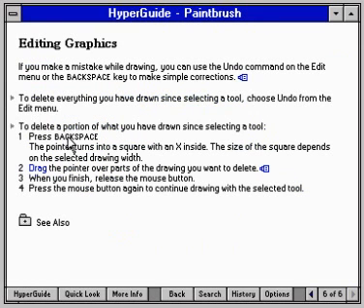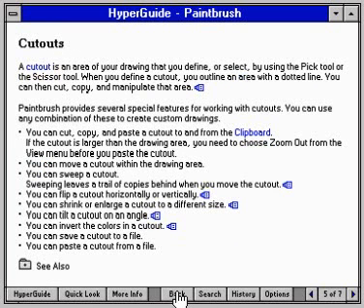You can always return to topics viewed previously simply by clicking the Back button. Or, if you prefer, the History button offers a list of the last 40 topics you've viewed since starting your HyperGuide session. One of the most powerful features of HyperGuide is the way it searches for any word or phrase